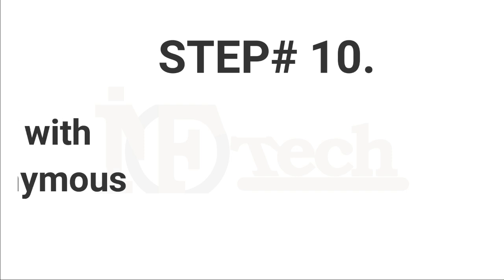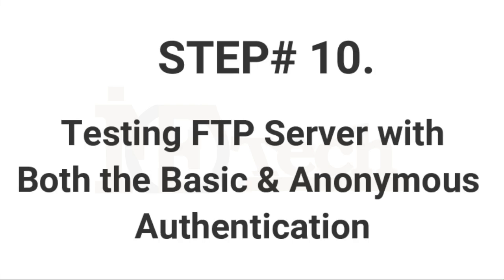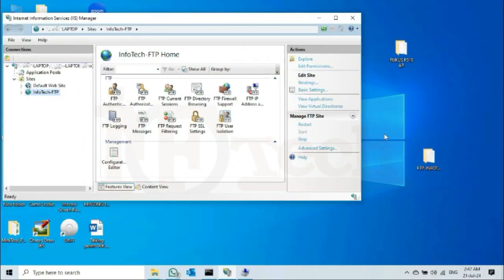Step number 10. Testing FTP server with both the basic and anonymous authentication. In the previous steps of this video, I covered how to configure local and domain users with basic authentication and specific permissions. Now, let's suppose I want to allow everyone from any network to have read-only access when connecting